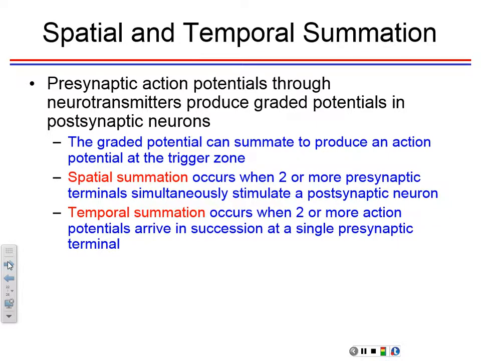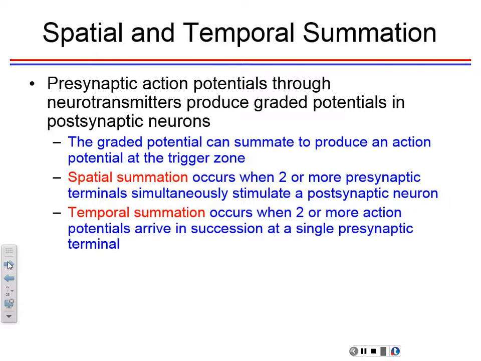And then temporal. Temporal means time, right? So this is one neuron firing two action potentials close together. You have one come in, and while it's still depolarizing, another one comes in, and then it adds up again. So that's temporal summation. In temporal summation, one neuron is firing, and the frequency is high. One comes in, and another one follows immediately after it, and before this one has had a chance to go down and rest, another action potential comes from the same neuron.